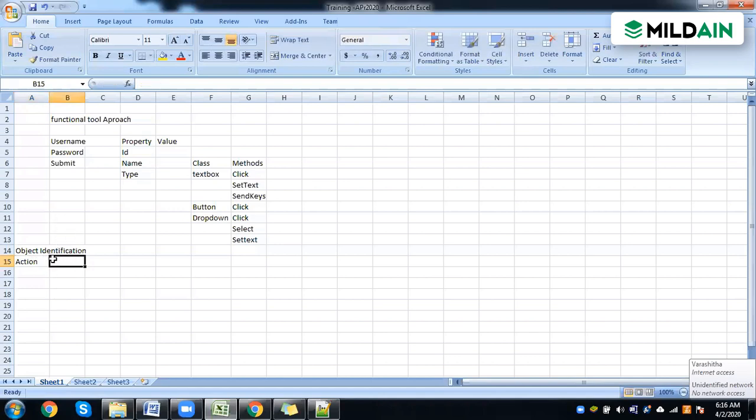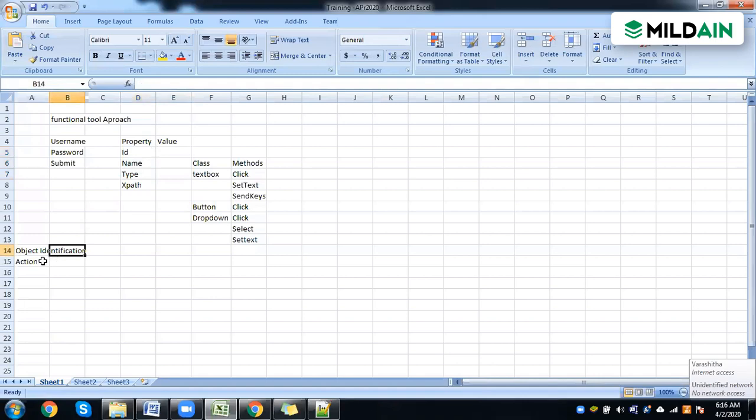So this is the basic for all the tools, even for Selenium, where instead of the ID property you can use name, and also something called XPath. Based on that, it will perform and work. XPath will work only for web applications, not for desktop. Similarly, with properties like ID, name and type, depending on the developer and whatever other properties they give, based on the values it will identify and then perform.